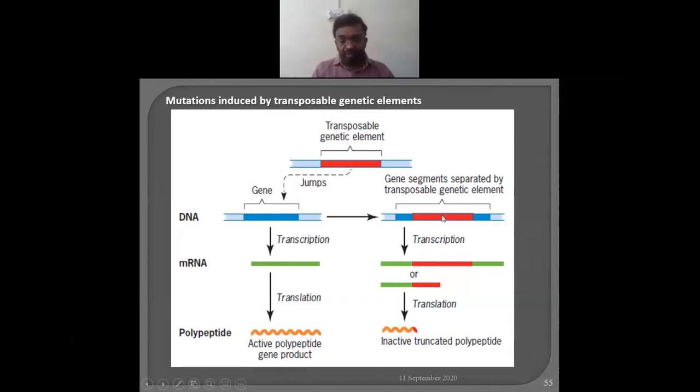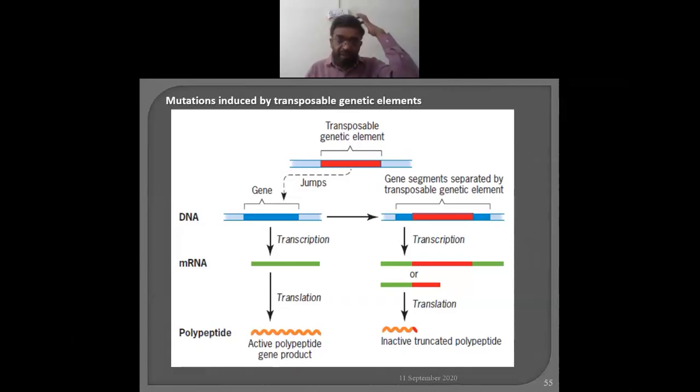But suppose the transposable elements get inserted into another part. Genetically it is a mutation, but we can't detect it. Why? Because the former cell is producing the same protein, and this other cell in which the transposition occurs also produces it. Hence, many times the transposable elements are also useful to induce mutation, which is referred to as site directed mutation. It means we are directing it to create a mutation here. Such mutations are referred to as site directed mutation.